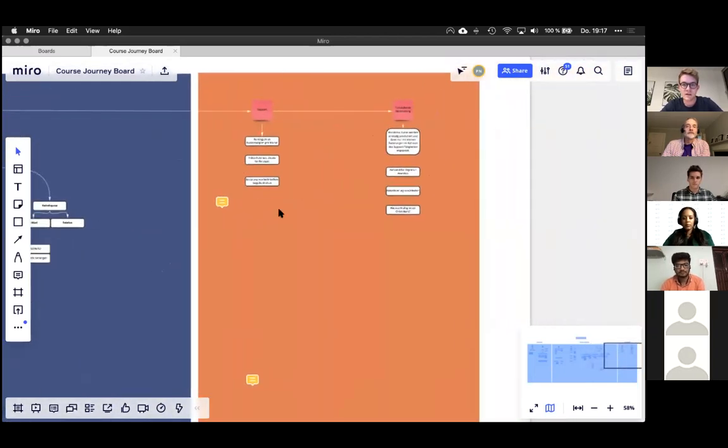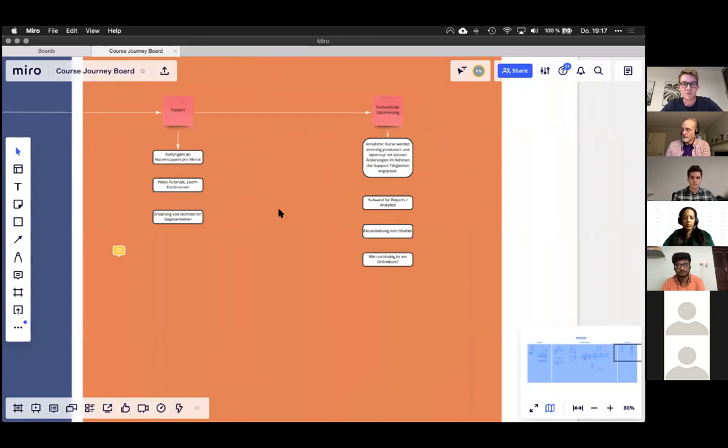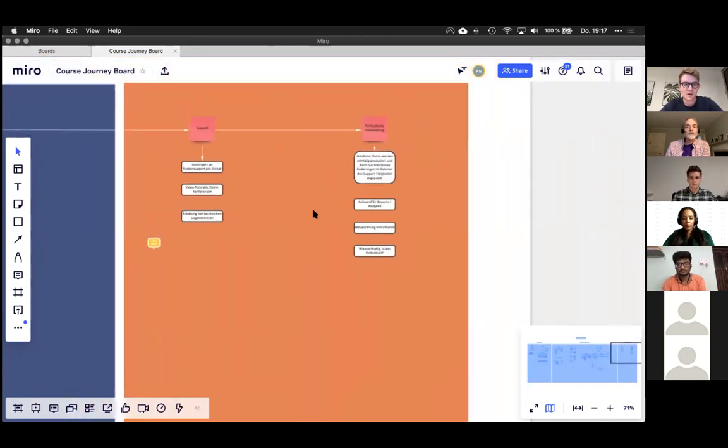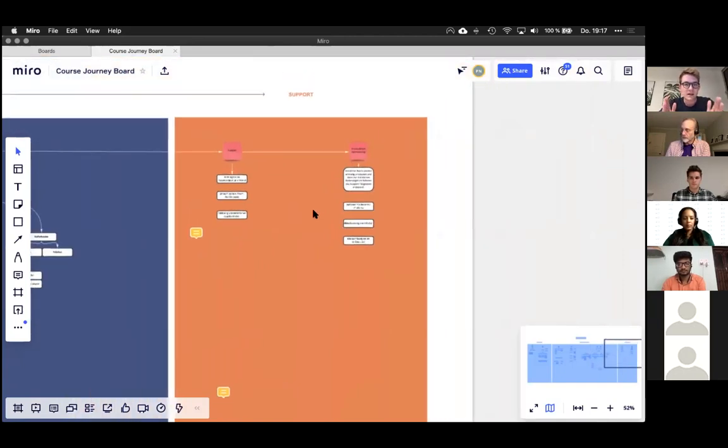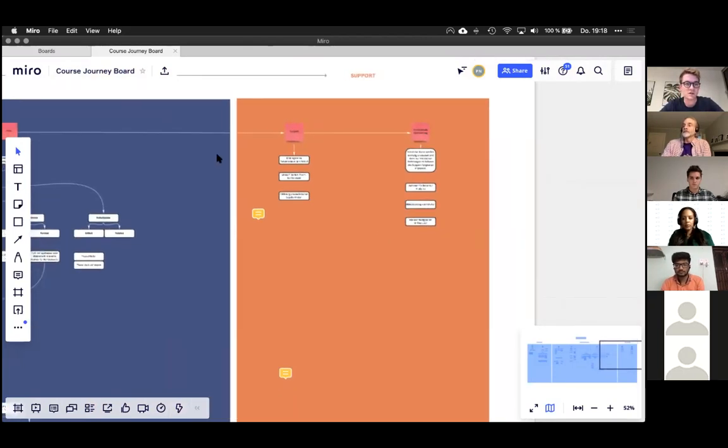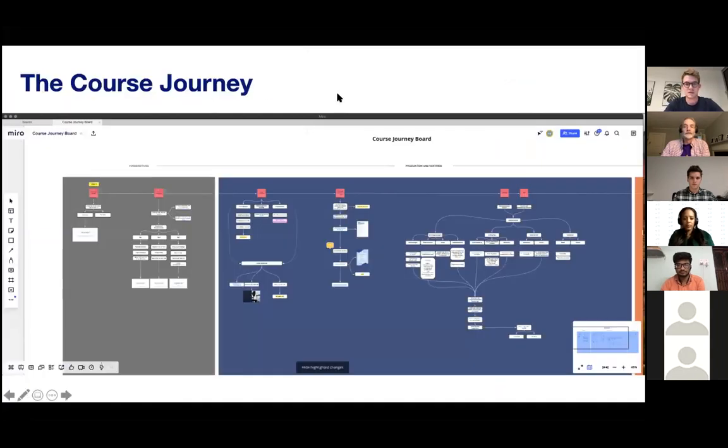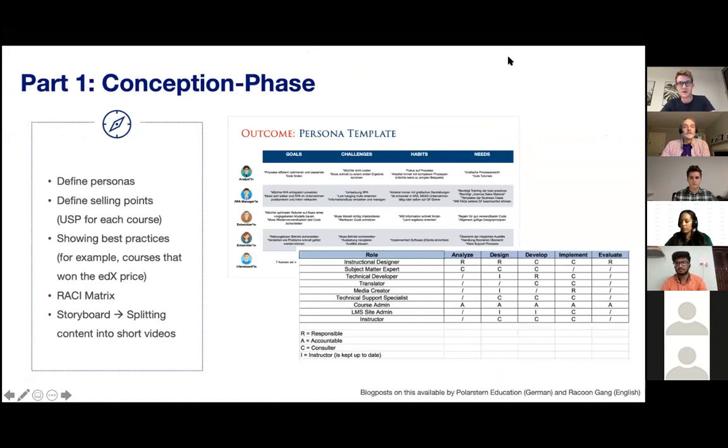And then this phase right here is the entire support phase of having an ongoing course. And then this is ongoing improvements, because we always have these 90-day timeframes. And then after these 90 days, we know that these courses are never really finished. They're always living through iterations ongoingly. So let me jump back to the slides here, and I'm just going to dive into the different phases and talk about what we've learned so far.